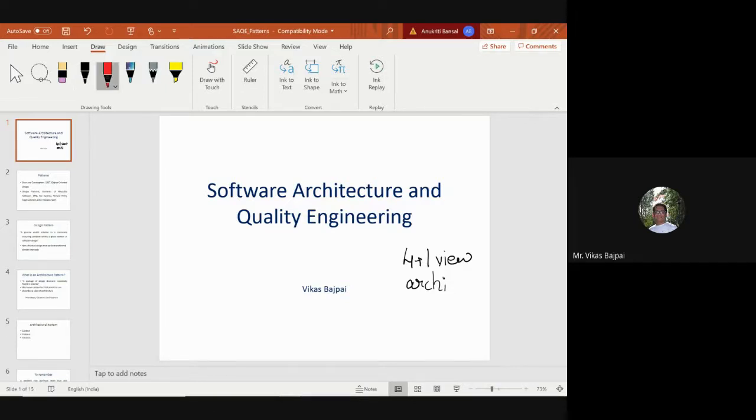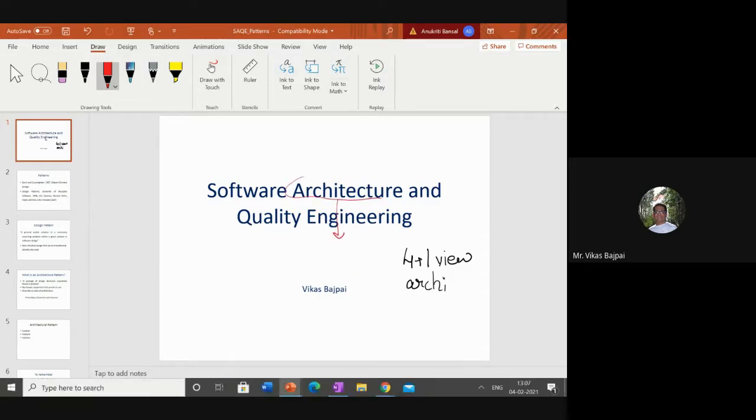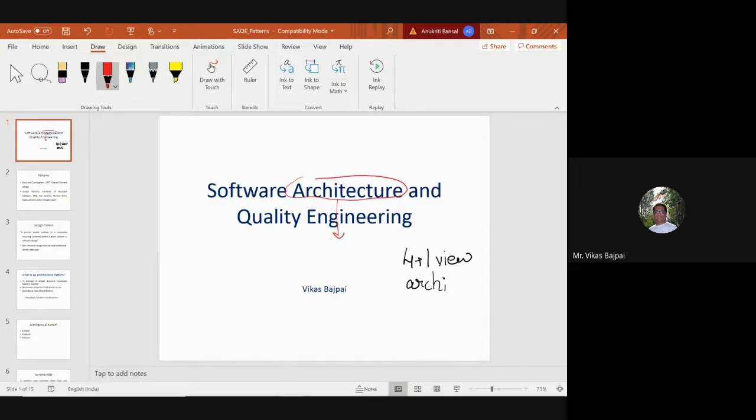So I thought of avoiding the discussion on that particular topic, because I assume that a lot of discussion has been done already in our previous course, and you people now have a good amount of knowledge on that topic. So today we will move one step below architecture, and this thing is design or design patterns.